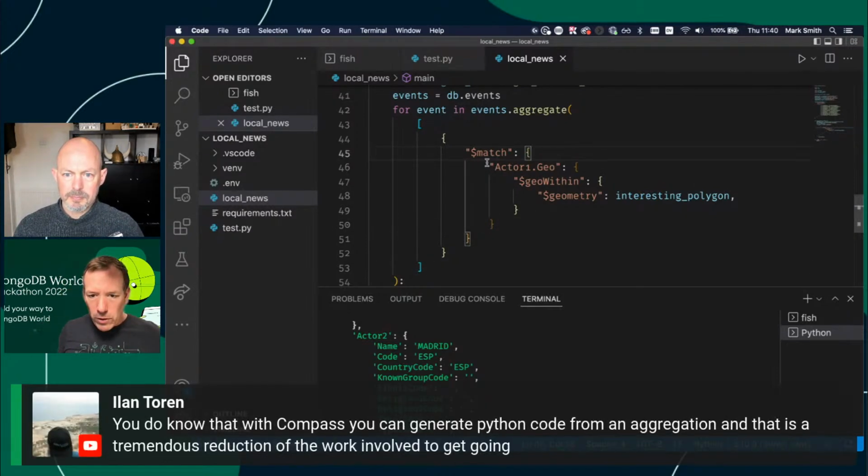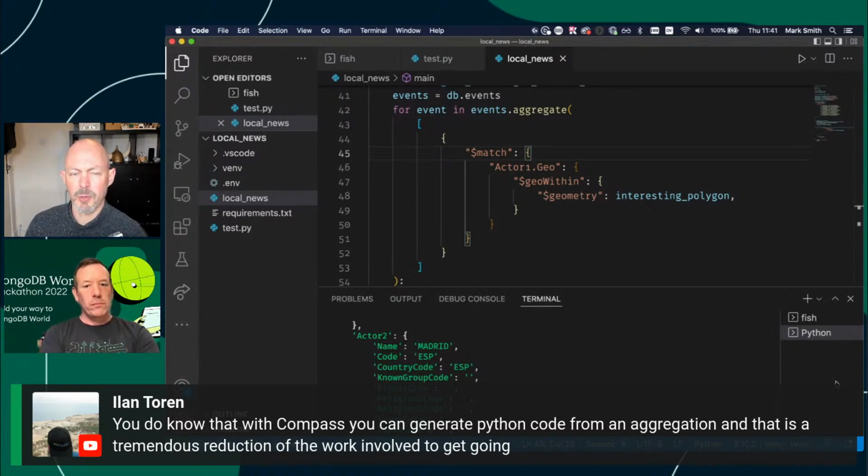We did get a question, well, not a question actually, but an FYI there, Mark, about Compass generating your Python code from your aggregation. I absolutely did know that, yes. It's very cool. There's a subset of languages that are supported. I think mainly it's Python, Java, and C# at the moment. Rust is about to be added soon if it hasn't already been added. So that gets more powerful as a feature all the time. But yeah,